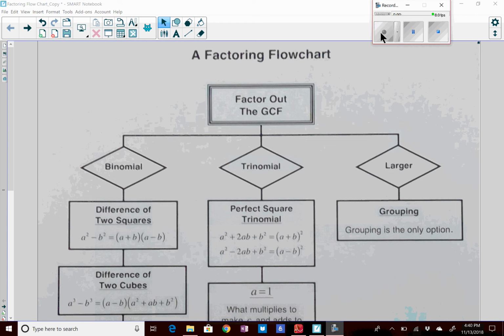I want to review factoring a little bit because as we move forward and we start to work with quadratic equations and other things that we're going to see later on in the year, factoring is going to show up in many of the topics that we're going to see going forward. So just a little review on what we learned in Algebra 1,